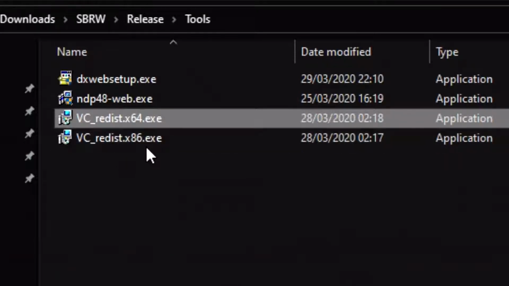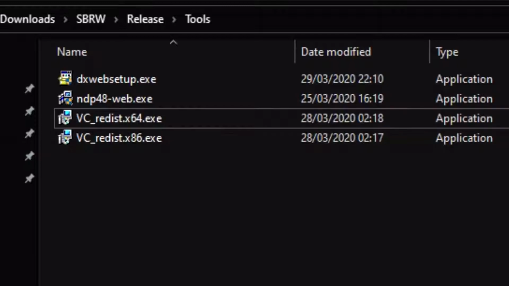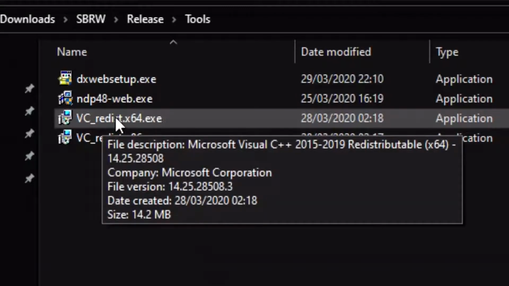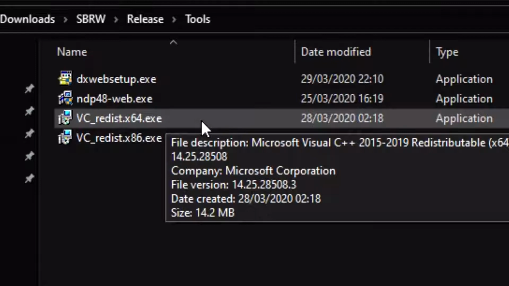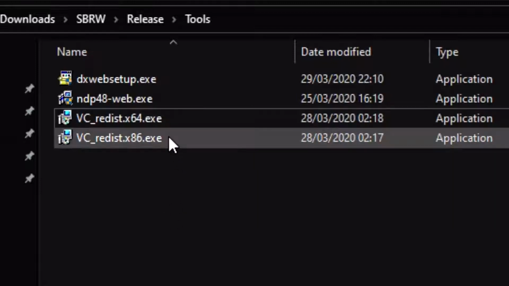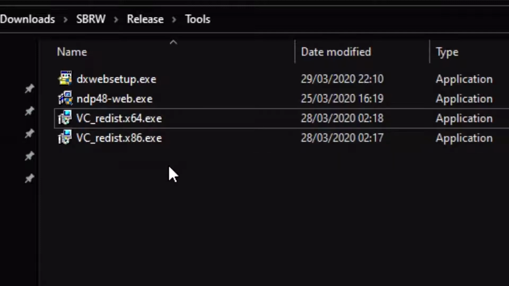I would say that most people on Windows 10, 64-bit or 32-bit, especially Professional and Home, will not have it for some reason. From all the research I've done, I've found that generally the raw Windows 10 does not have this installed unless you've installed it yourself with another package. What you will need to do, and this is an error I found with Windows 10 especially, is that it will only install the 64-bit version for 64-bit users, and it will not install the 32-bit or x86 package for